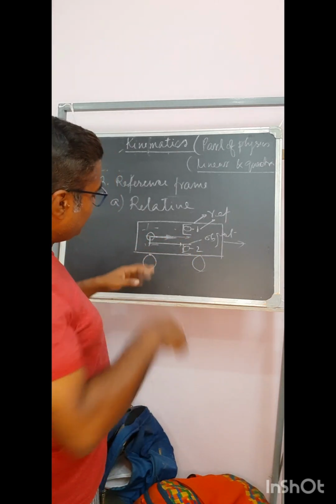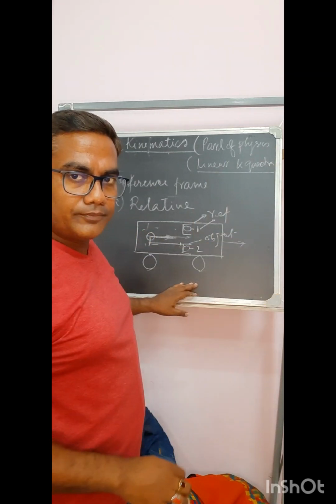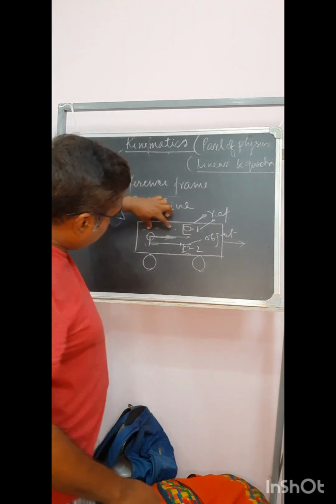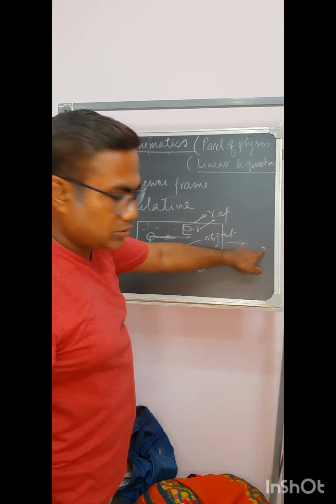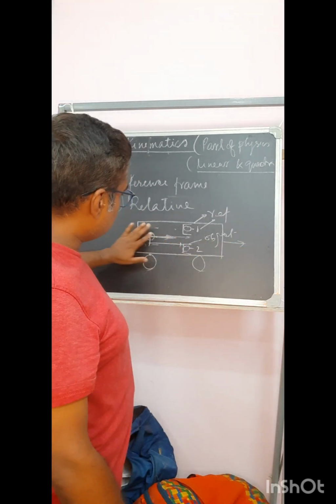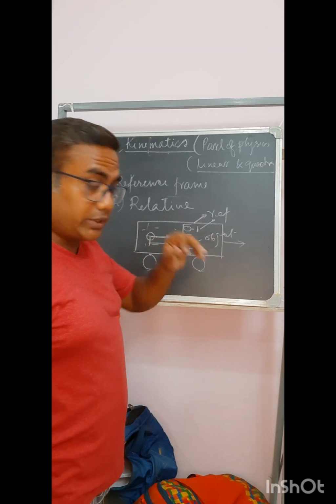So if any person in the reference frame starts moving, then only that motion can be seen, but the motion caused by the bus running cannot be seen by the observer